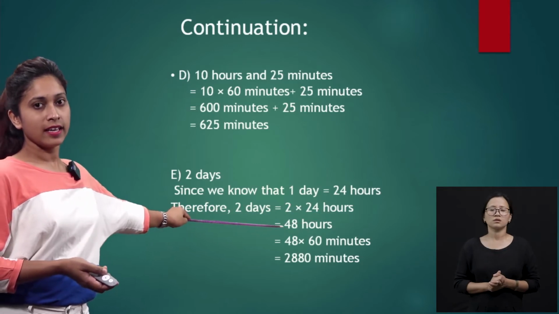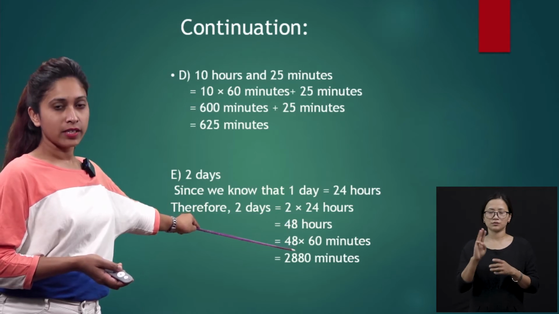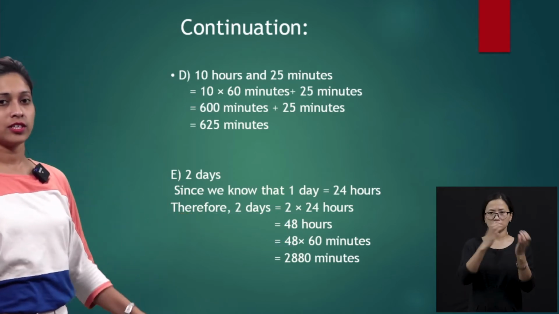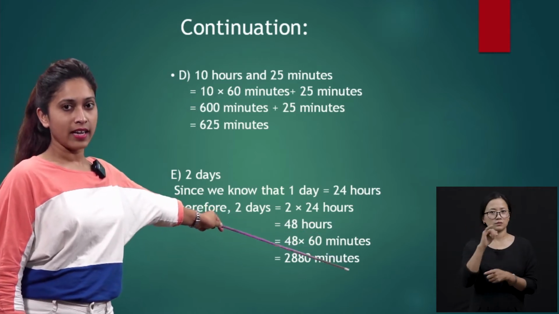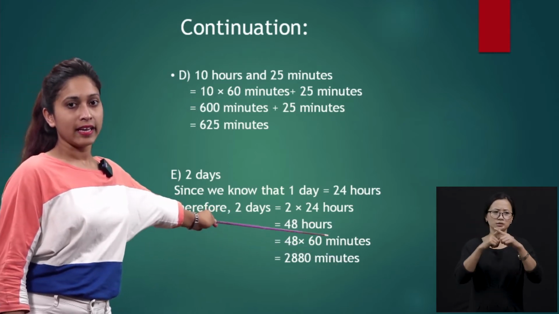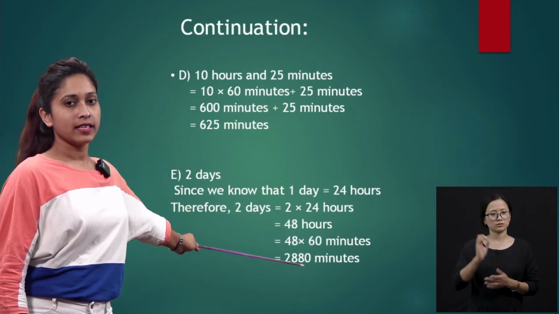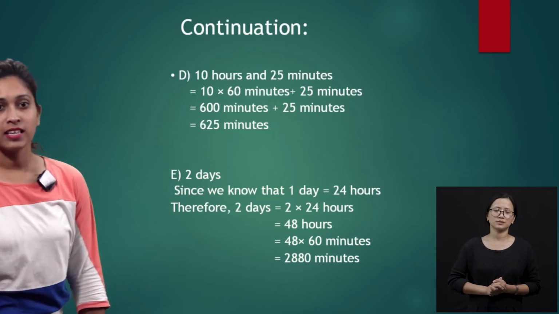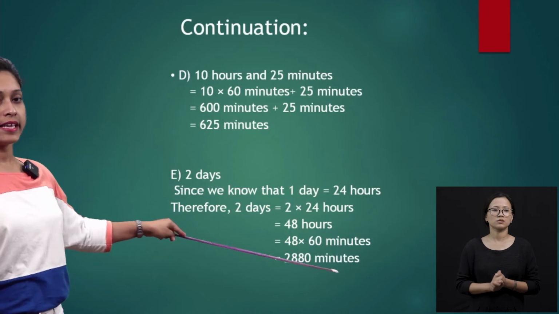Right here, up to 2 into 24. Now again, since you are converting into minutes, what you need to do here, children? 48 into 60 minutes, right? And when you multiply 48 into 60, children, how much will you get? 2,880 minutes. All right. So we got the total minutes as